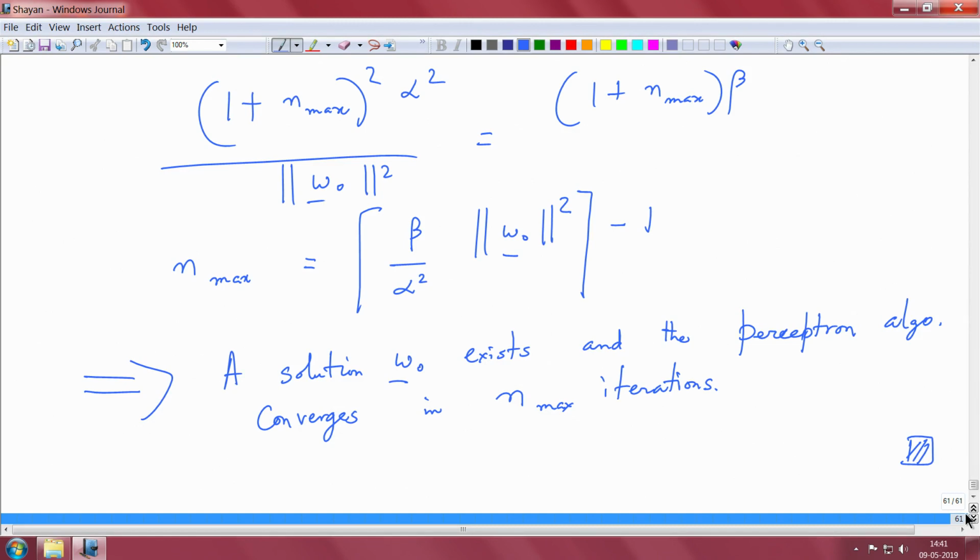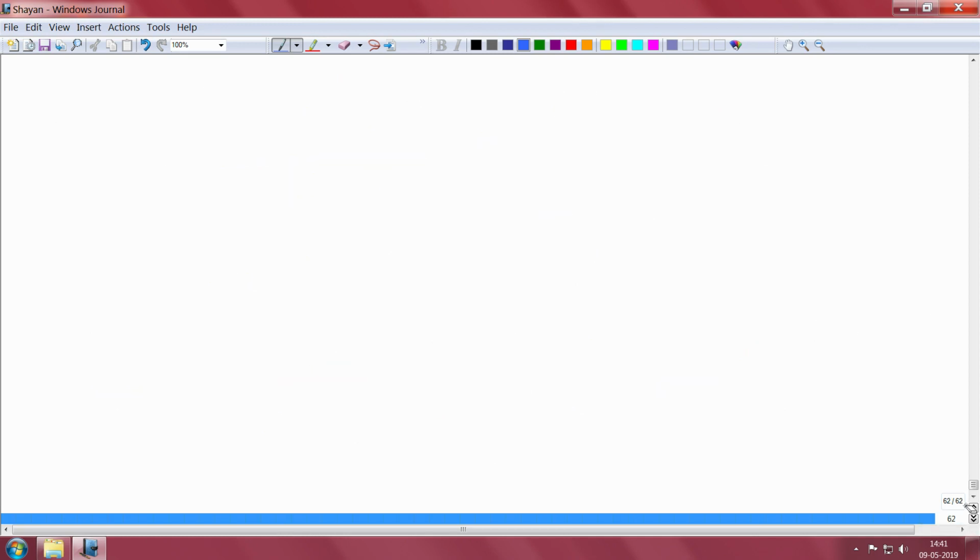Now, you may question how to start the algorithm, etc. So, one can start with any value of initialization, w 0 equal to 0 or maybe a random quantity, and you keep iterating till you arrive at convergence. And you may also question, what about eta, right? Do we fix eta to be 1, or is there a way in which we can adjust this eta? You can always choose eta to be some small quantity also, and then you can proceed with the algorithm, and that should also settle this problem.